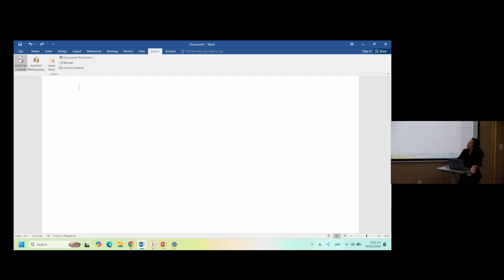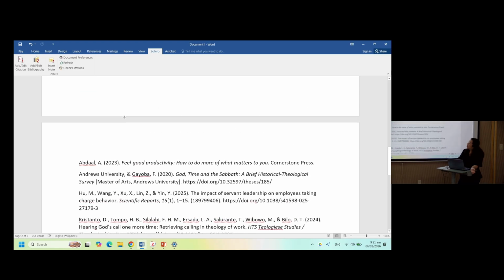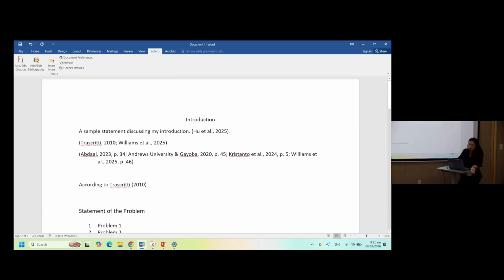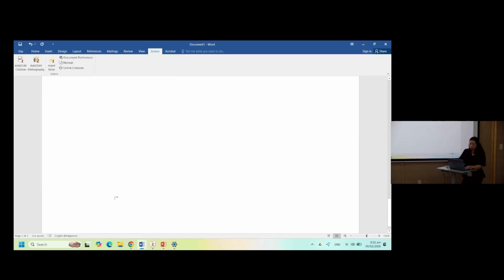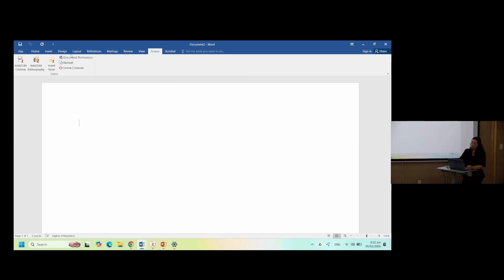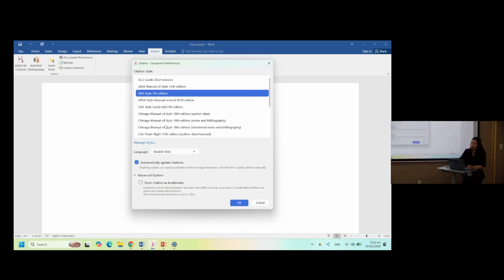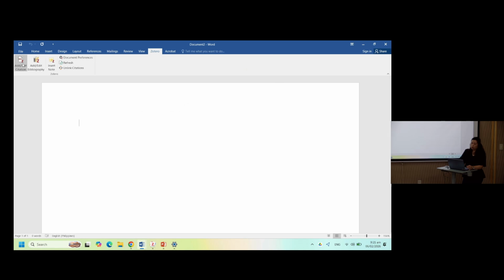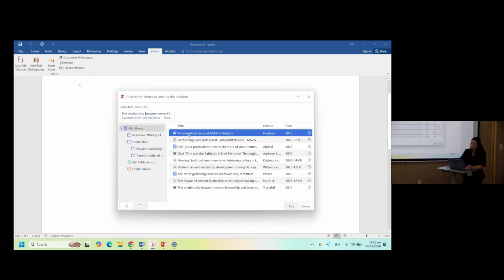So you only have two buttons to work on. Add Edit Citation for your citations, and Add Edit Bibliography. Okay? So for SBL, you just have to set this up to SBL, then you can do your citation. So same thing, same process.